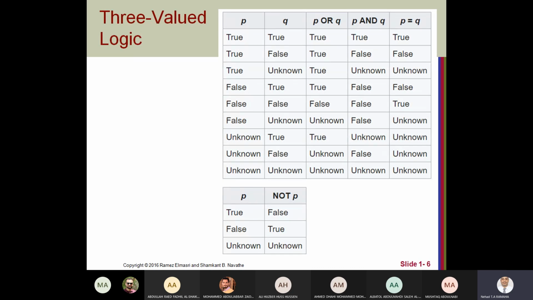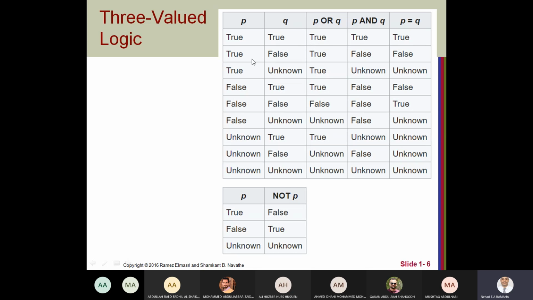Here, if we have two statements, P and Q, and we want to connect these two expressions using OR, we will get this result. If we have true in any part of the expression, the result of OR will always be true.